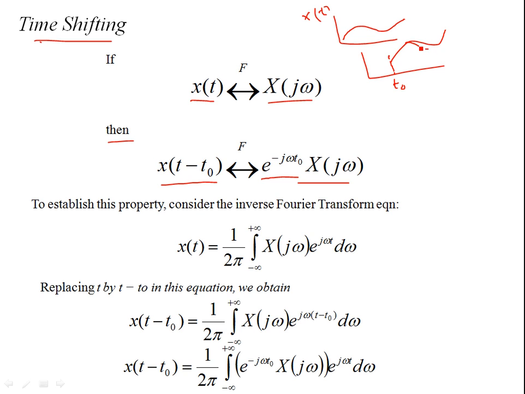I think I've not reproduced the exact waveform, but anyway, the idea is that if this second graph represents x(t minus t naught), the Fourier coefficients, or the frequency components that constitute the signal, are not altered. They stay the same, but the multiplication of e^(j omega t naught), which refers to the addition of phase, shows up in the transform domain. Other than that,